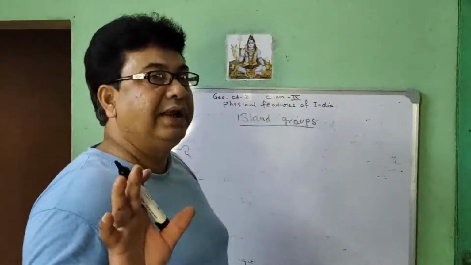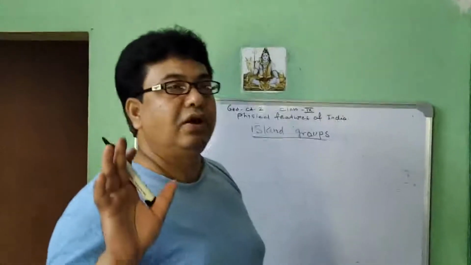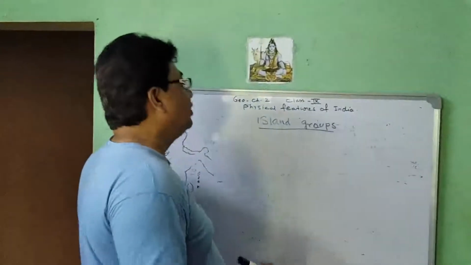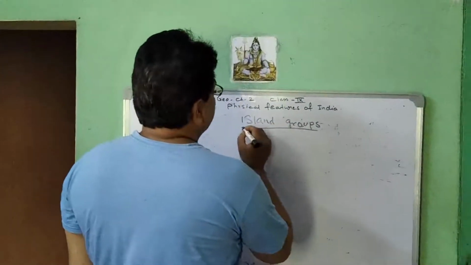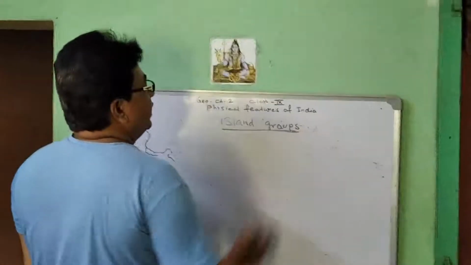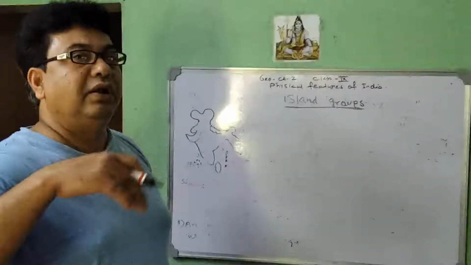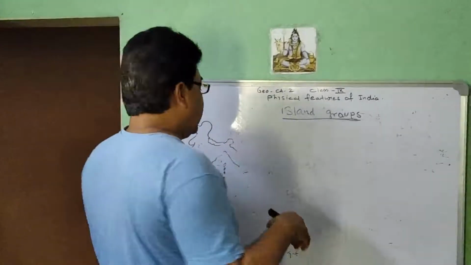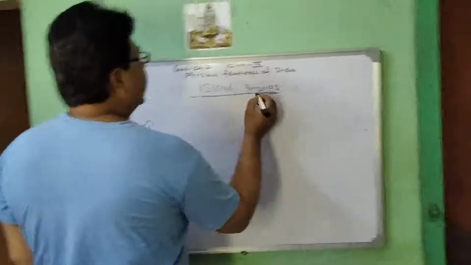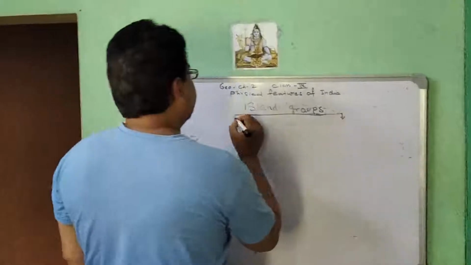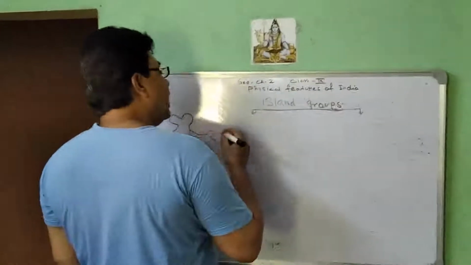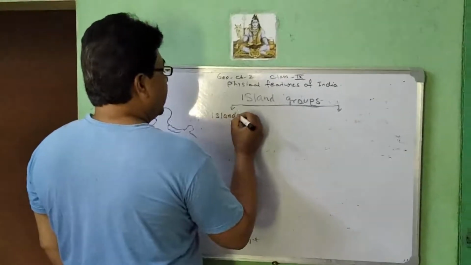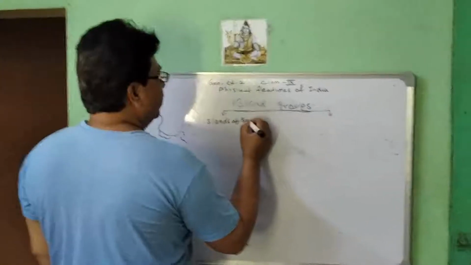The last and final physical division of India is the island groups of India. Island means the area which is covered on all sides by water. So island groups are divided into two categories. One is the islands of the Bay of Bengal,